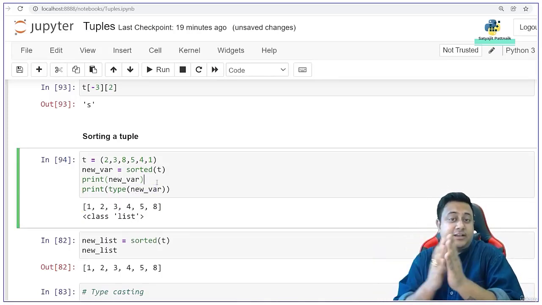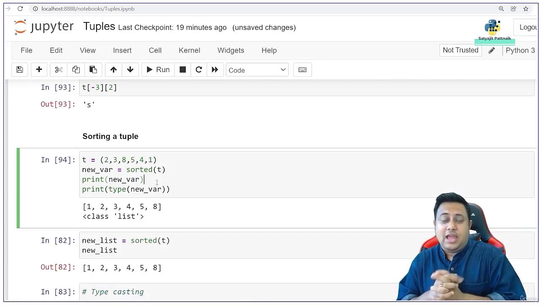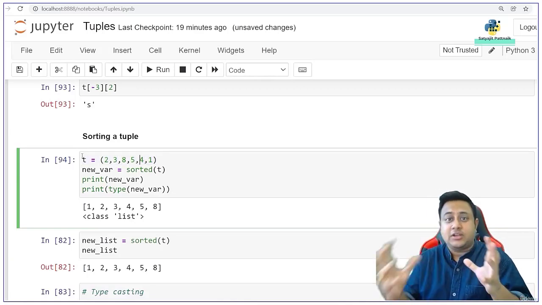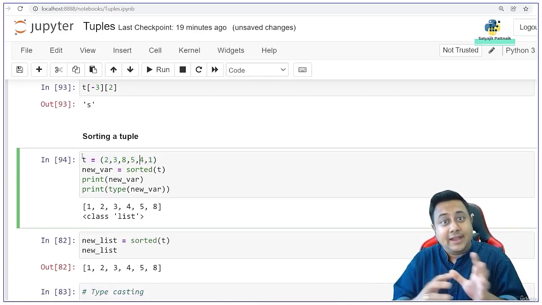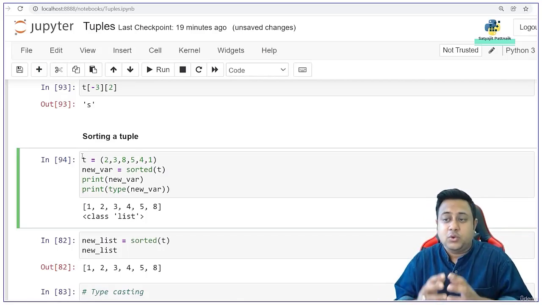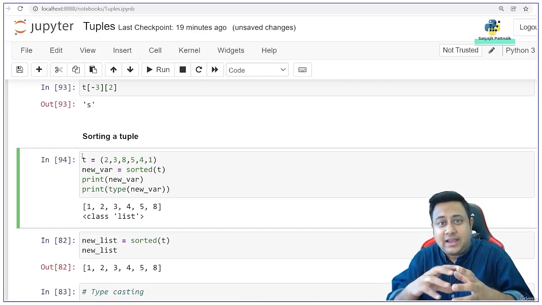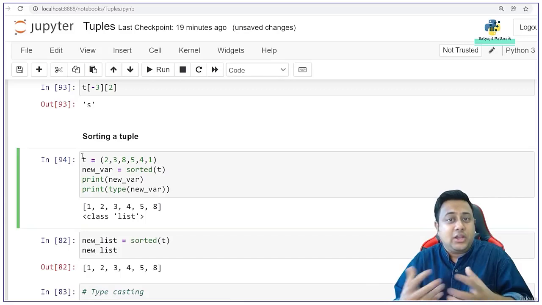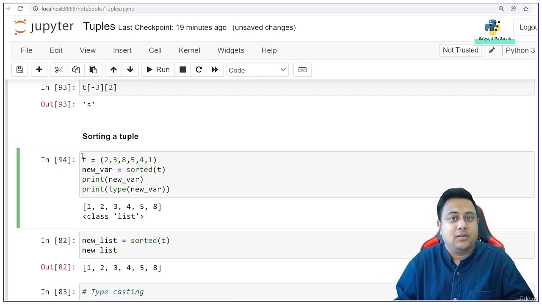Just focus on the 94th line. I have defined a tuple, right? And I am changing, that means I am sorting the values. And we know that tuples are immutable in nature. That means you cannot access the elements and change the attributes. So in short, you cannot sort a tuple. But